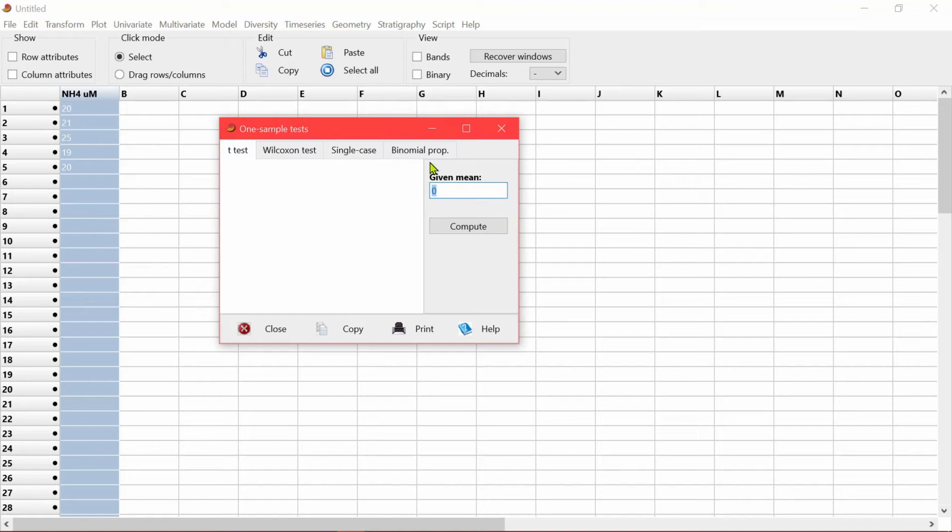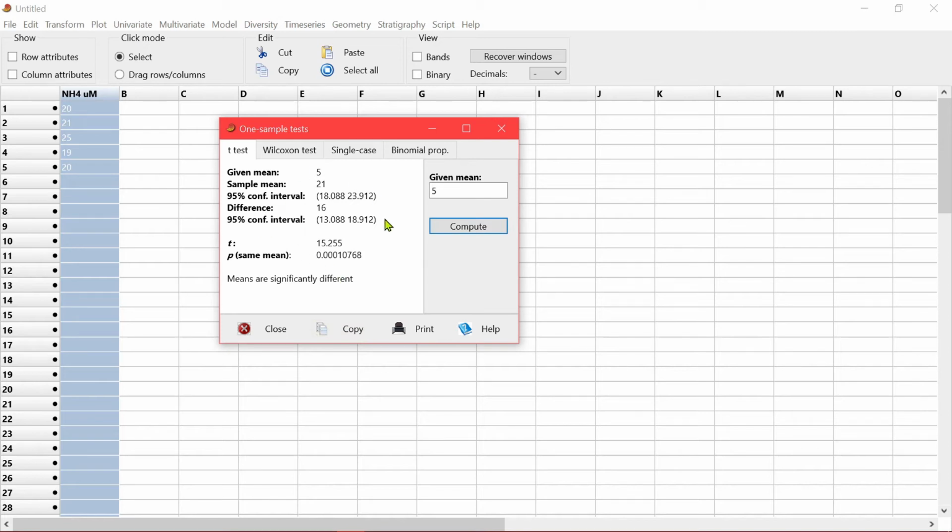Okay, then you have the given mean, which will be the criteria or the water quality standard criteria for ammonium, for example, maybe about 5 micromolar as an example, and then you can compute. This will tell you that the Student's t-test is 15.255, and the p is less than